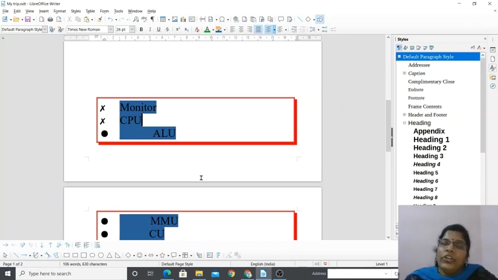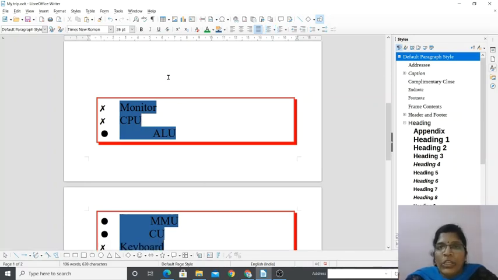So that time there you have to leave a space. Even when we were writing this monitor and CPU listing out the things, we were using the page break. That I did not tell you, but I was just pressing the enter key and moving on to the next page, because I thought if I start the listing in the bullets in the next page, it will be easy for you to view.